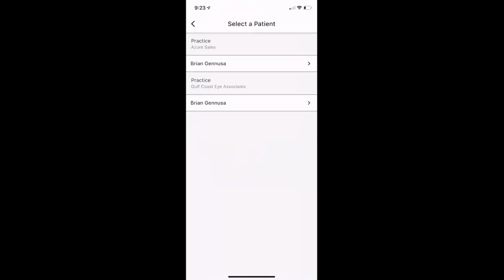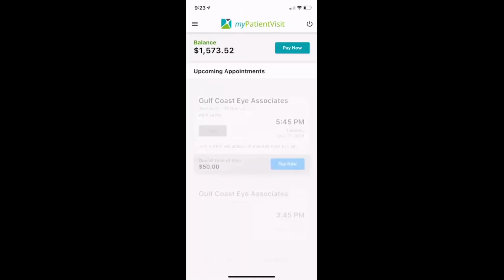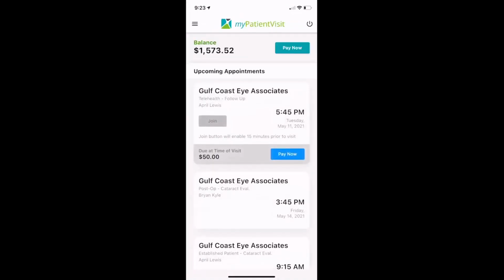Now, what happens in this particular case, I am actually a patient to more than one practice. So from the patient experience, I get to choose what practice I'm going to be going into. So I'm going to choose this Gulf Coast Eye Associates today. What we'll see right away, top left of the screen, my patient currently has an outstanding balance. I'll take you through what that means from the payment processing items, like what we were just talking about